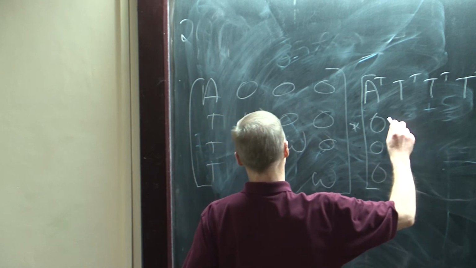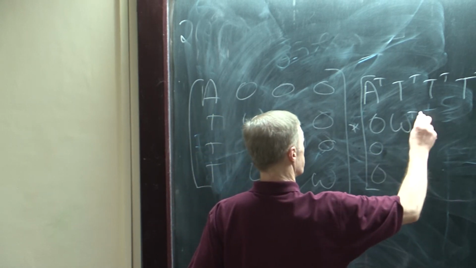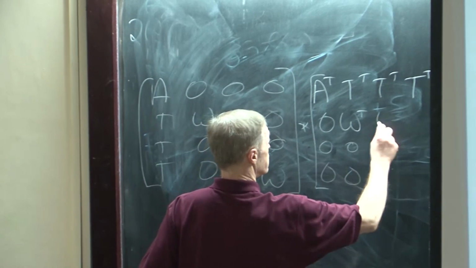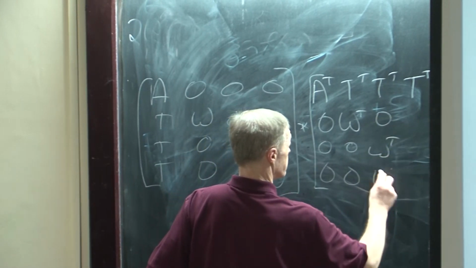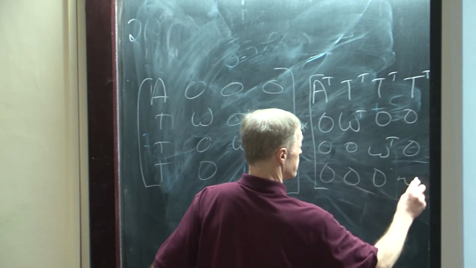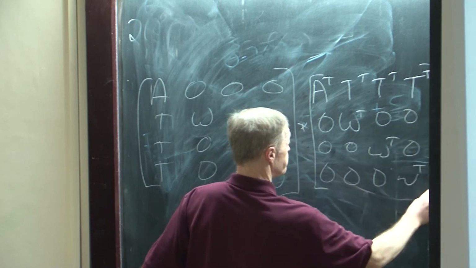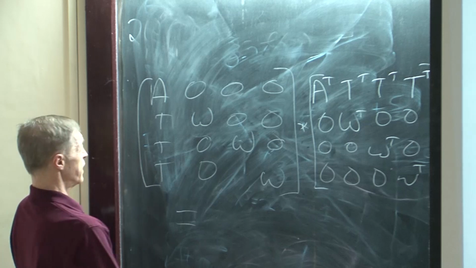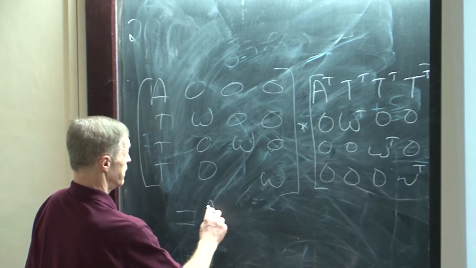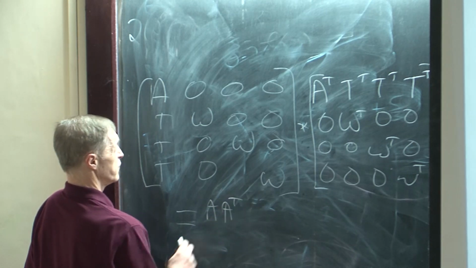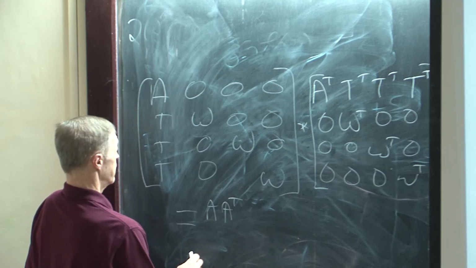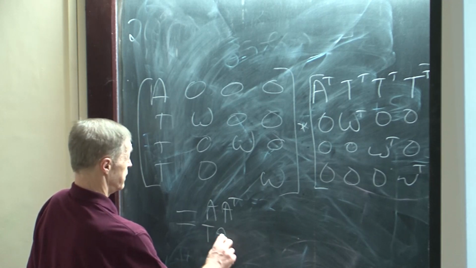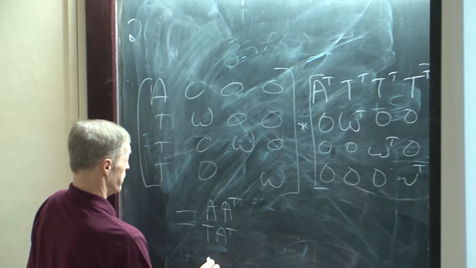Then I've got W transpose, 0, 0, W transpose, 0, 0, W transpose. Okay, so I multiply these two together, so I get A transpose up here. I get T A transpose